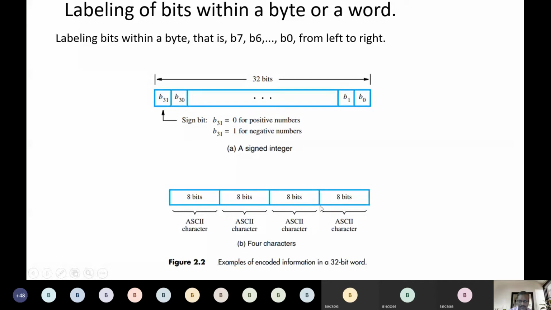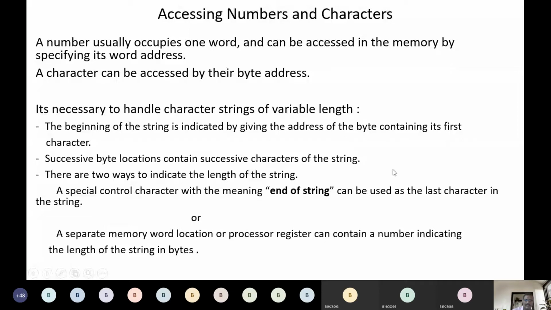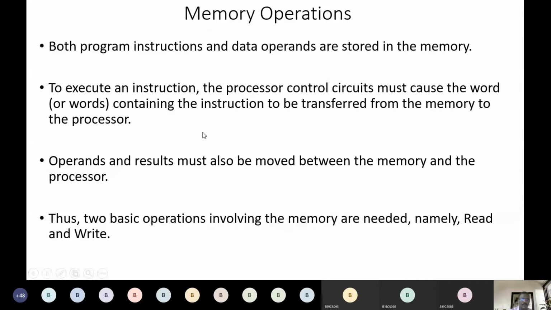And how is the end of the string represented? Do you remember in your C language, the end of a string is represented with the help of a null character. So the last one can be a null character: M here, A here, D here, and this can be a null character. The same thing is explained here. The end of the string is represented with a last character, or even a length can be used. MAD, length is 3. With that also we can represent the end of a string. That's it.